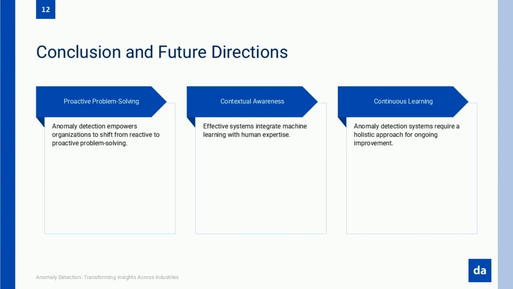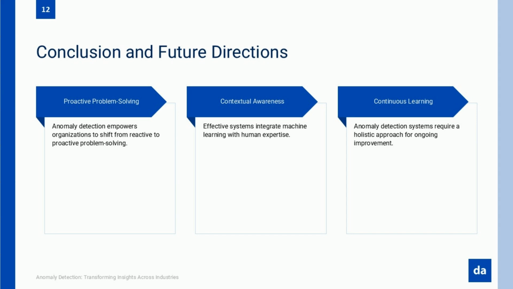As we've explored throughout this journey, the true power of anomaly detection extends far beyond the technical implementation. The most successful systems fundamentally transform organizations, enabling the shift from reactive firefighting to proactive problem solving. Organizations implementing these systems report significant improvements in operational efficiency and customer satisfaction by identifying issues before they impact the